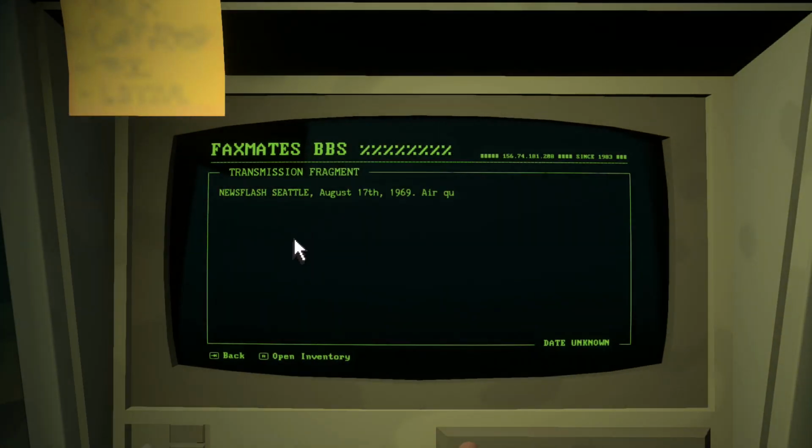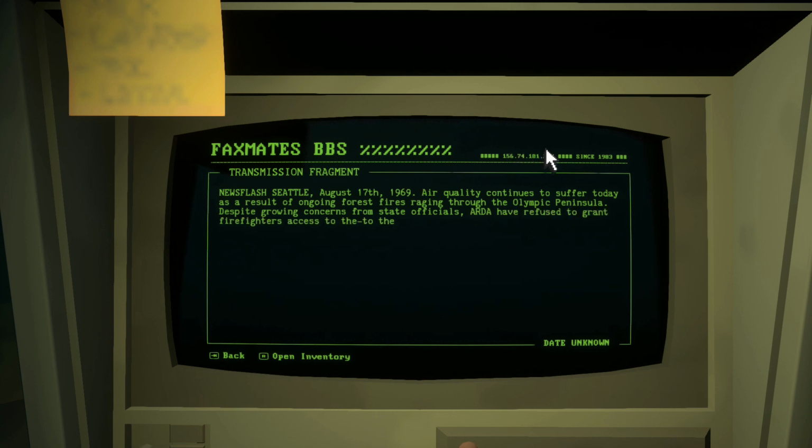Newsflash, Seattle, August 17, 1969. Air quality continues to suffer today as a result of ongoing forest fires raging through the Olympic Peninsula. Despite growing concerns from state officials, ARDA have refused to grant firefighters access to the...